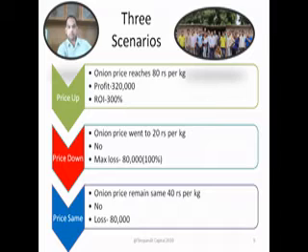So this will happen when the price goes down, and if the price remains the same at 40 rupees, then also the buyer will not exercise. He'll say, okay, I'm taking a loss of 80,000, and I'll not buy, because in that case also there is no profit or gain for the buyer. So the buyer will say, why buy that physical good. So these are the three scenarios, and buyers will only exercise the right of buying that onion from him in case the price goes up, right? This is what is actually happening in our market also. We as buyers are only interested when the market is moving in our direction.